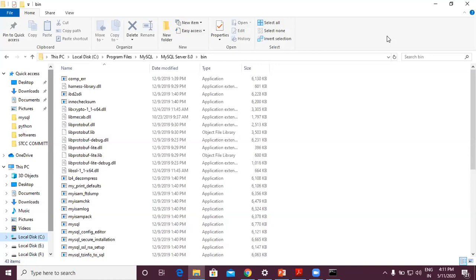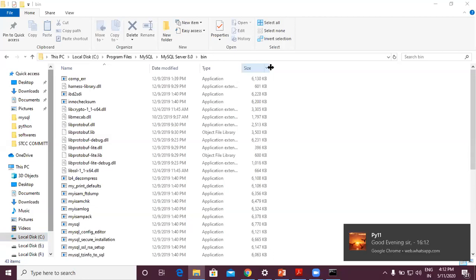If you set the path, that means you can work with the corresponding programming language from anywhere in your computer, in any drive, any folder. So already Manish is asking about one more path. Of course, I added multiple paths, so I removed one path. Okay, no need to worry about that.